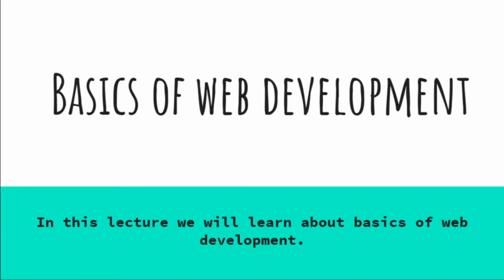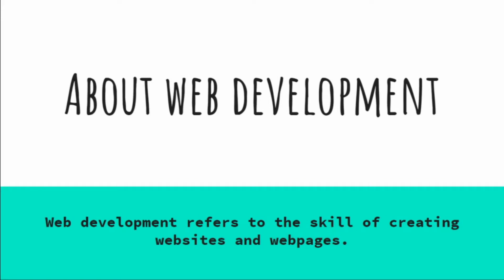Here we will talk about what web development is, what it is used for, and what its types are, and we will explore it first. So, starting with a formal definition of web development. It is considered a skill, and after this course you will be called a full stack web developer and will be able to create web apps, web pages and websites for various people. So basically, web development refers to the skill of creating websites and web pages.